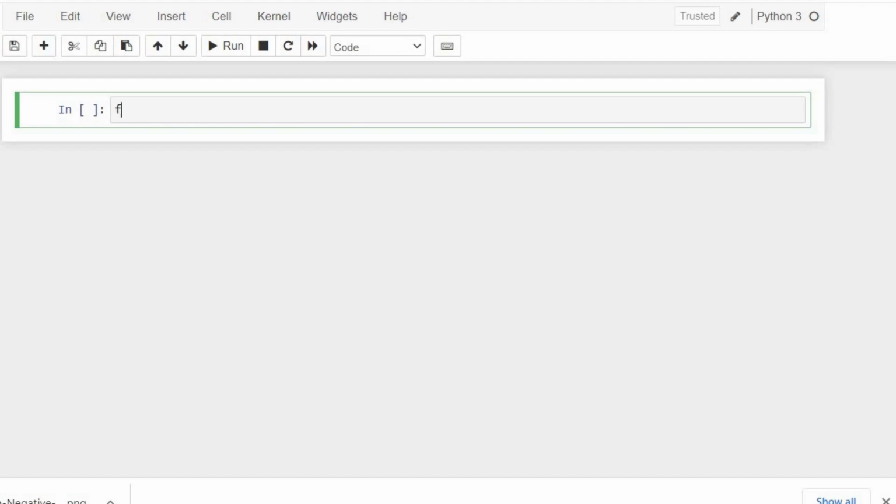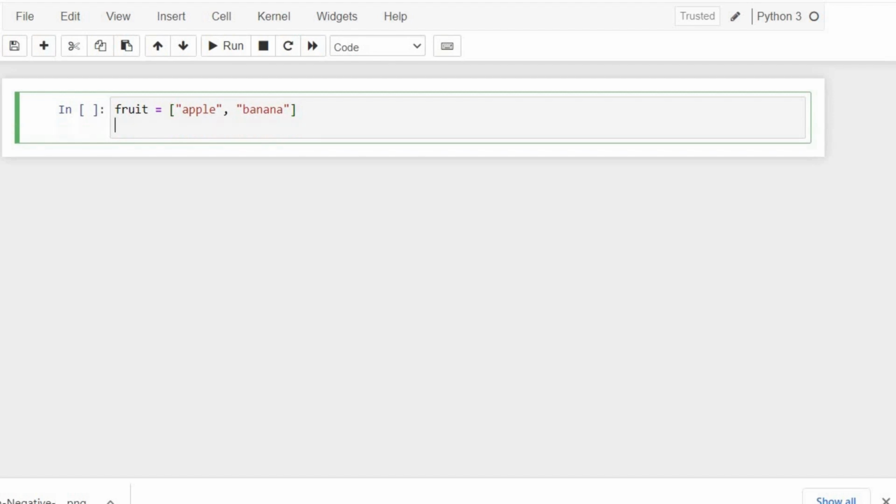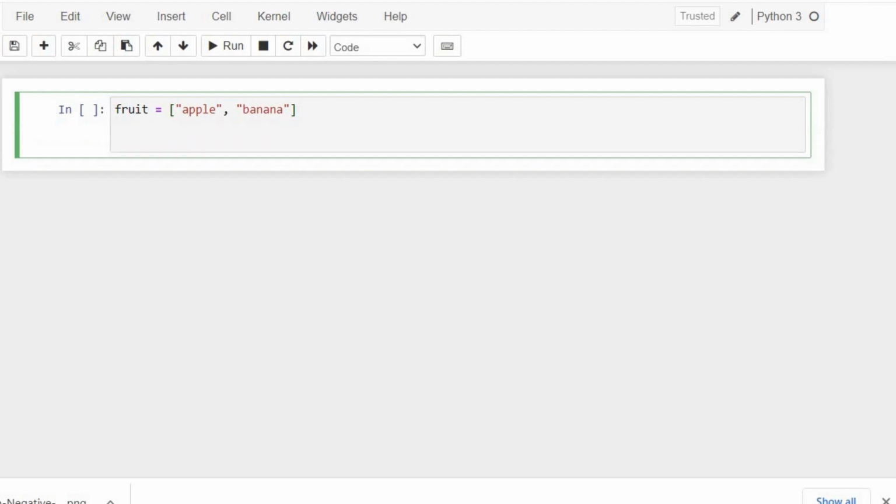Let's say we have a variable named fruit which is a list of different kinds of fruit, storing fruits such as apple and banana. Now if we want to add another fruit like grape to this list, we write the name of the variable, that is fruit, followed by a dot sign, followed by the name of the method, which in our case is append, and after that the parentheses, and within them we write the element which we want to append. So we want to append grapes, so we write grapes in string format,